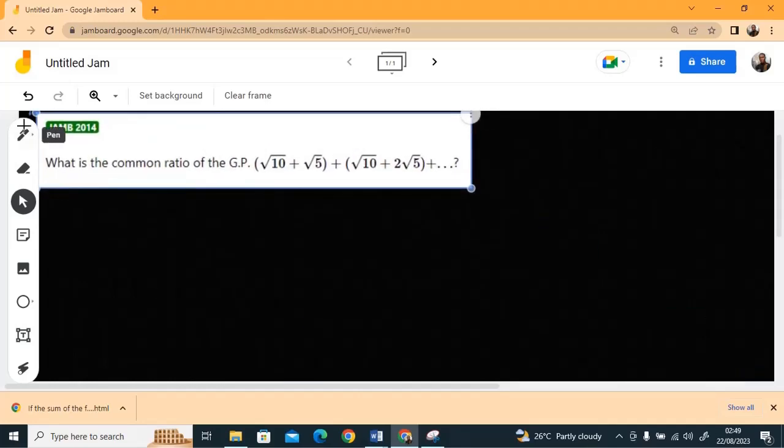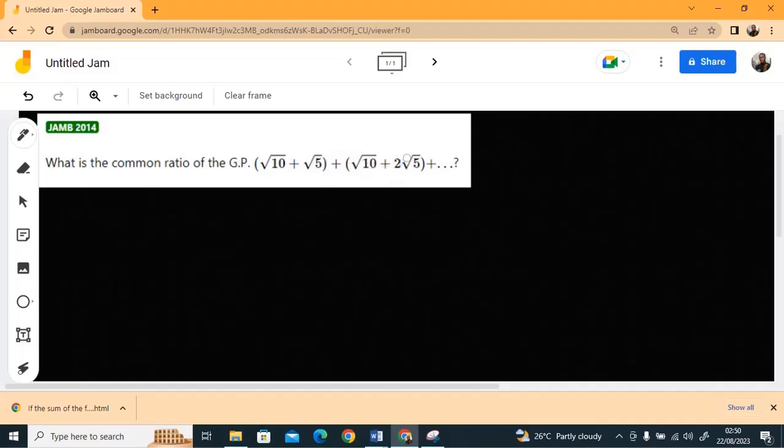Now looking at this question together, let's look at it now. They said, what is the common ratio of the GP? Look at this common ratio. Now this is to infinity. Get that into your head. To infinity, you know, is very easy, but you have to find the common ratio, and